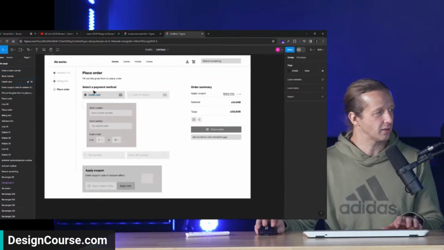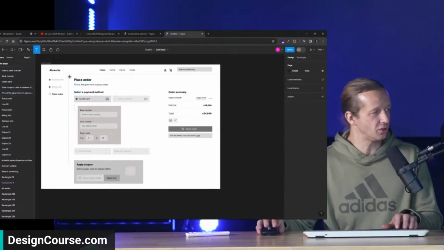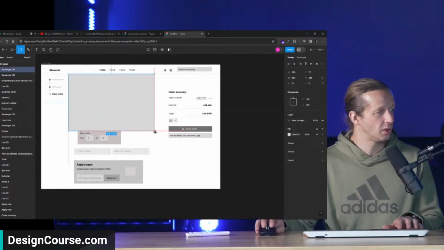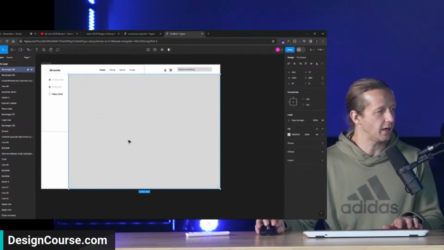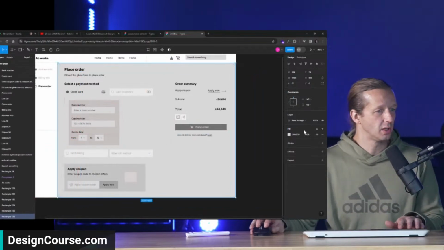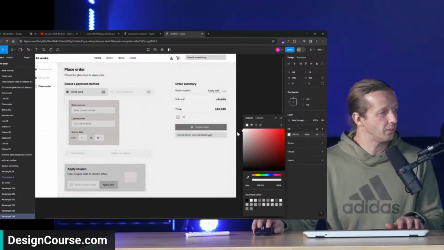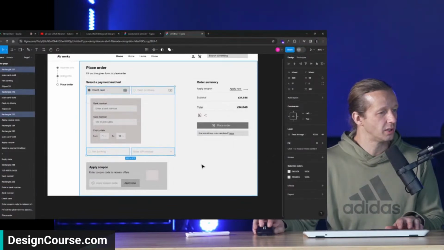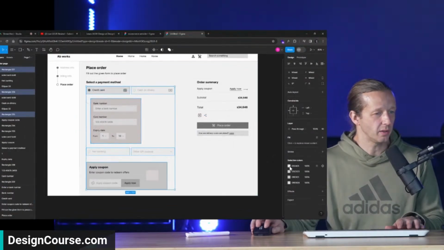The approach I would rather see you take is something like this. If I take, not the type tool, but the rectangle tool, and extend it out and put this at the bottom, there we go, and I make it way lighter. Then I take these elements on top, like these cards, and make them white.